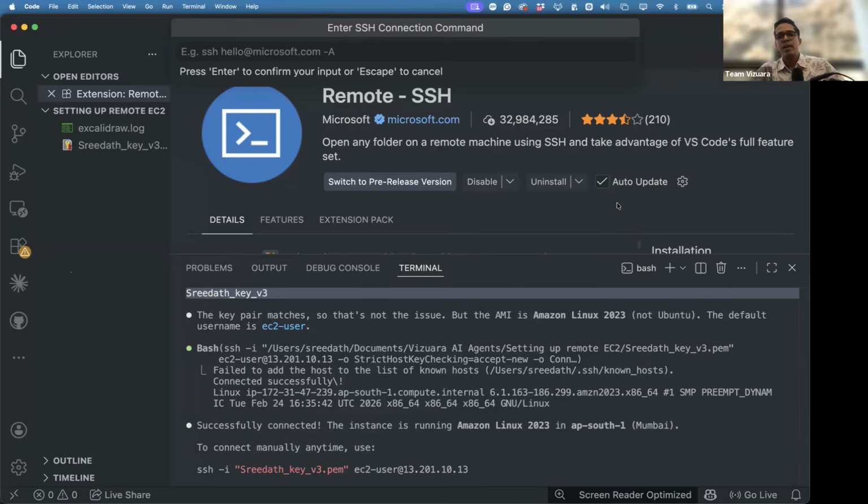Yes, you can have just one key for all virtual machines for sure. I just created a new key just to show you the idea of using the key. Right now, there is no MCP tool or anything. This has got nothing to do with Claude Code. Although I have